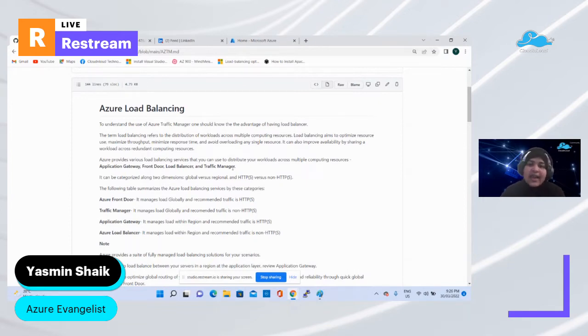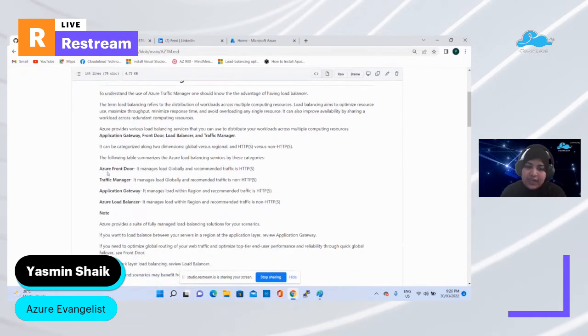so that no resource is left unutilized and no resource is overutilized, right? So overall, Azure offers usually four load balancing technologies. You can go ahead and use any one of them. The four load balancing methods that Azure is offering are Azure Front Door, Azure Traffic Manager, Azure Application Gateway, and Azure Load Balancer. So you might be thinking about which service or method you want to use and when, right? It depends on your application, your requirements, your specifications, how you want to design your application and which users you want to access your application as well.